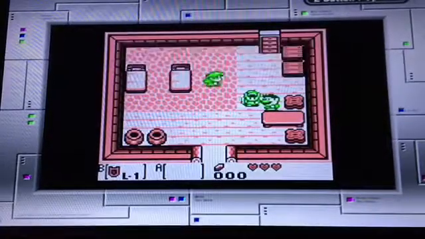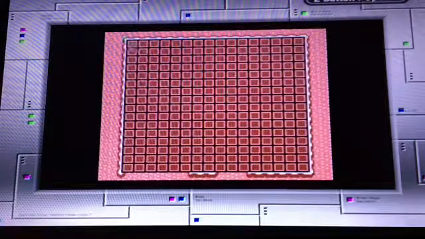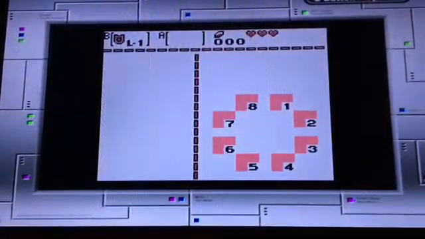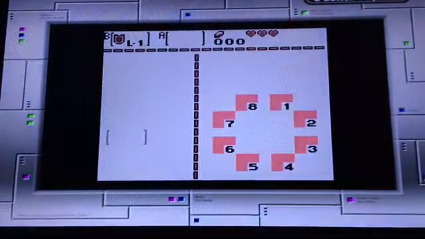You can use it to flip enemies. Now by pressing select, we can view a totally blank map. I've never actually viewed the map in this part of the game before. By pressing start, we can bring up our item selection screen. We can move the cursor around freely. Well, not freely, but